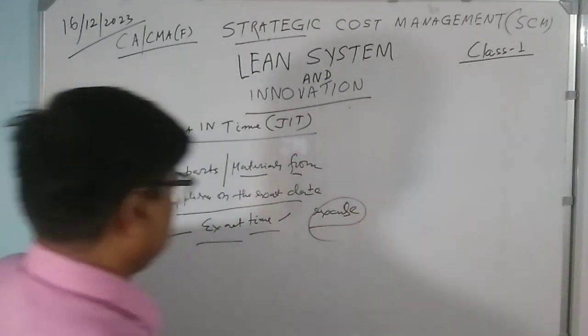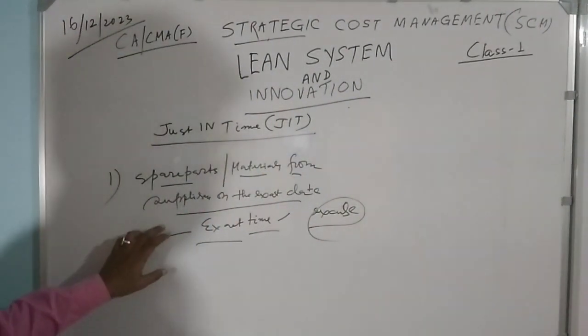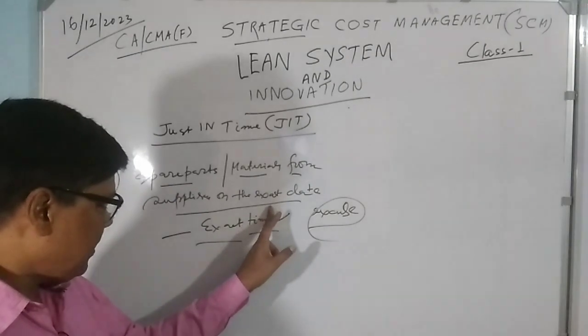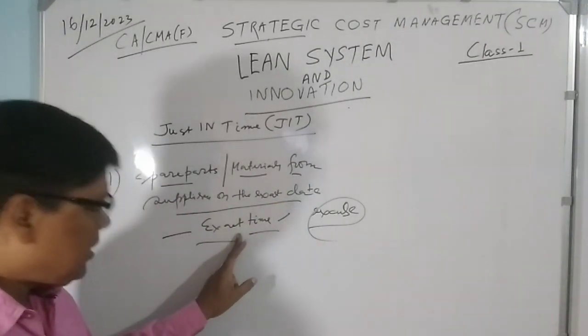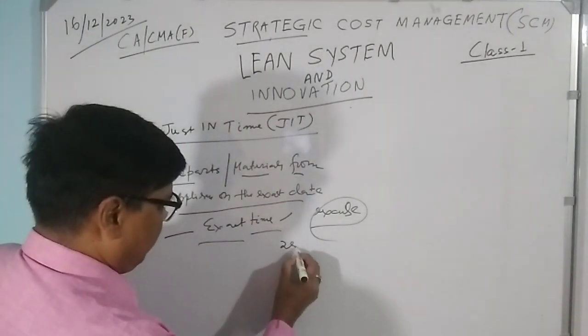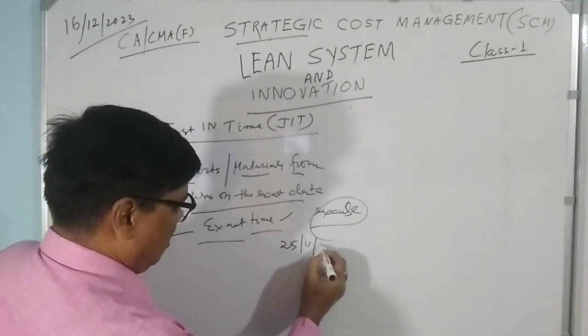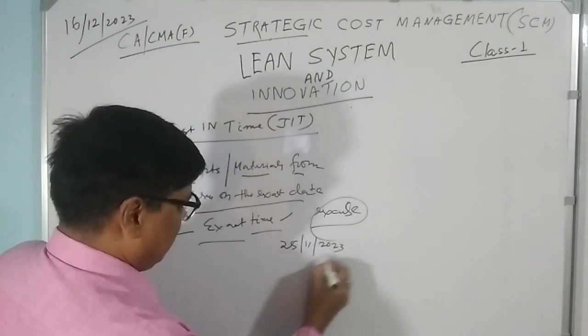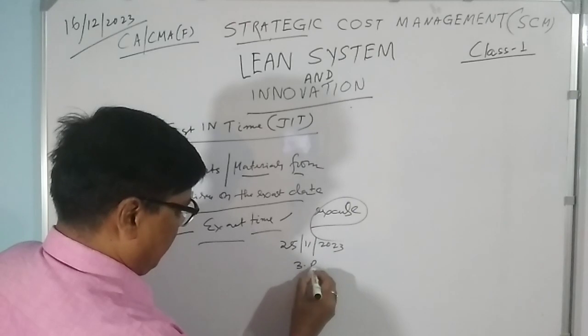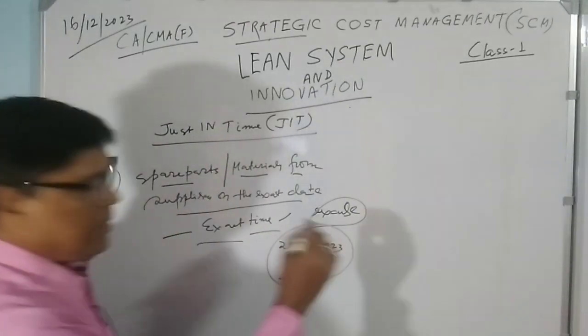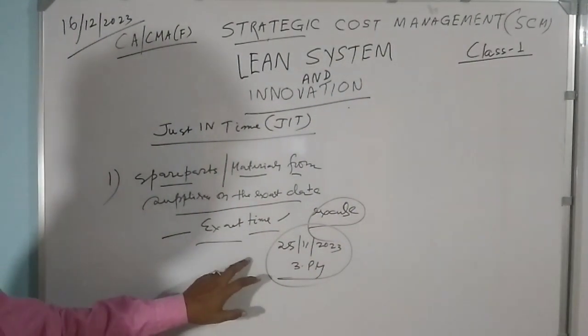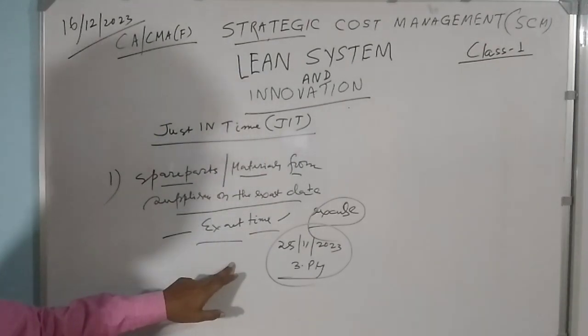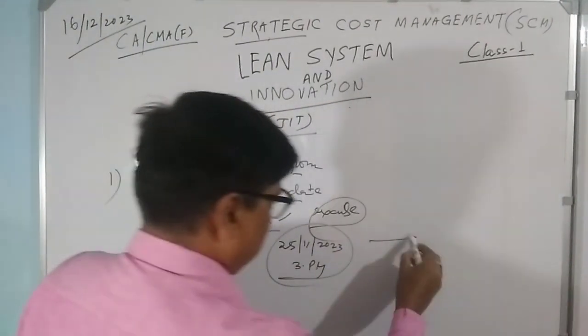No question of excuse at all. Once I have placed this order and given the date along with the time, suppose 25th of November 2023 at 3 p.m., exactly it should come within that,